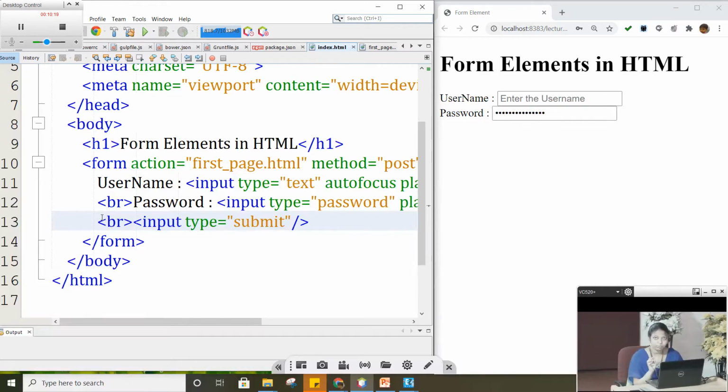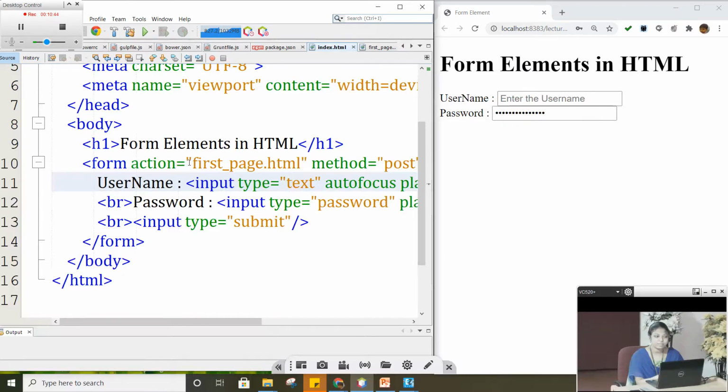I don't want to write any special scripting for sending the data collected in the form elements to the server. Since I give the type as submit, automatically it will collect all the data from the text box and password. If we give something else also, it will collect from those elements as well and submit all that data to the page which I have mentioned in the action.